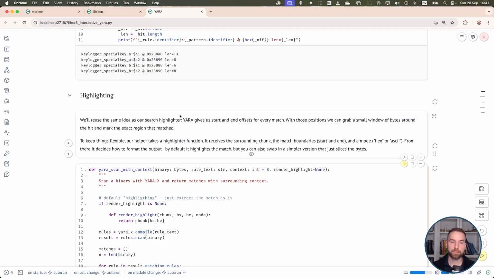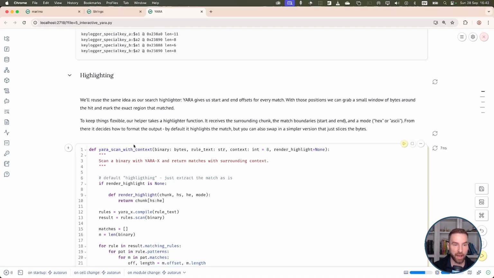This is the same approach we will take with our YARA highlighting component. So again, as always, what we want to do is create reusable functionality, and to do so we have here created a yara_scan_with_context function, which takes as the first argument